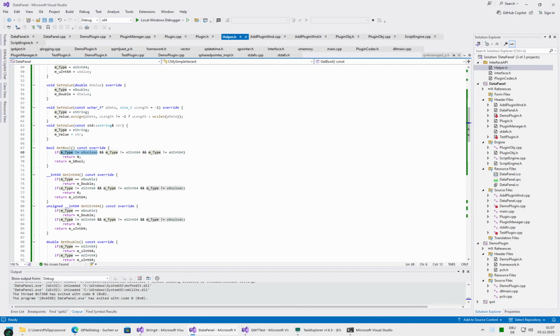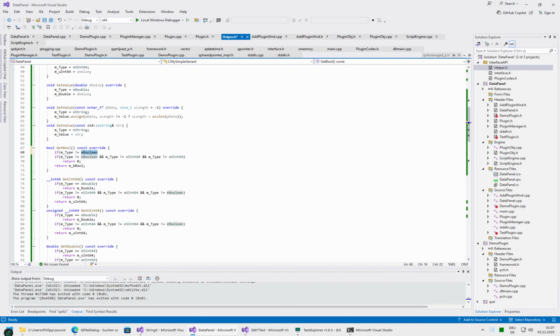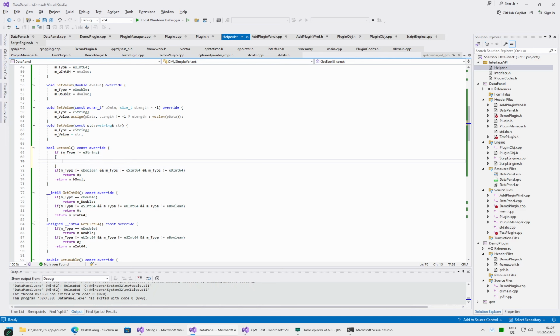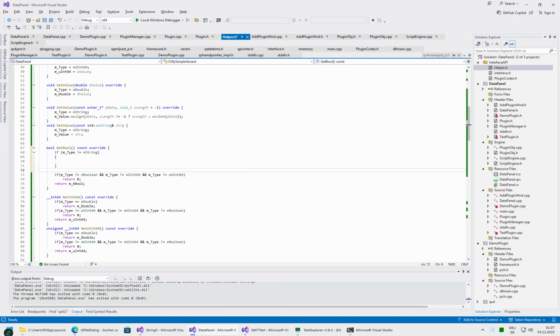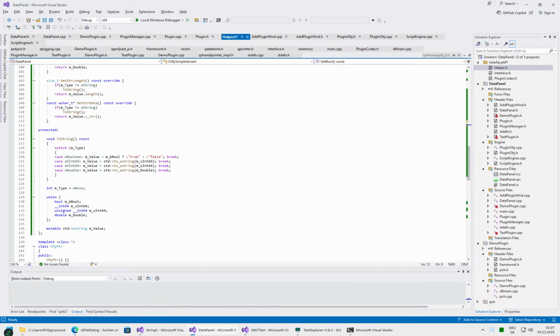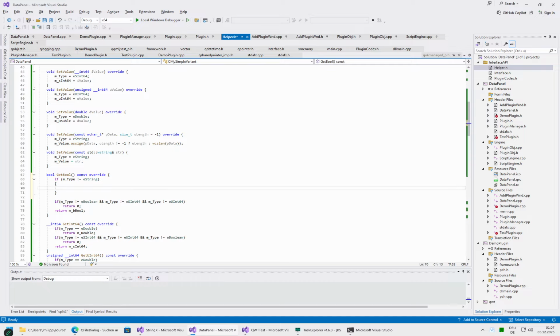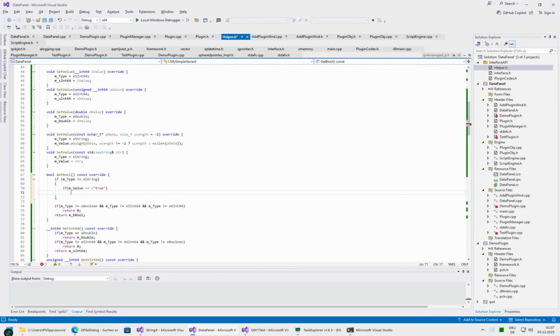So if this is string, what if this is string and this is string, value, so if equals true, true, and